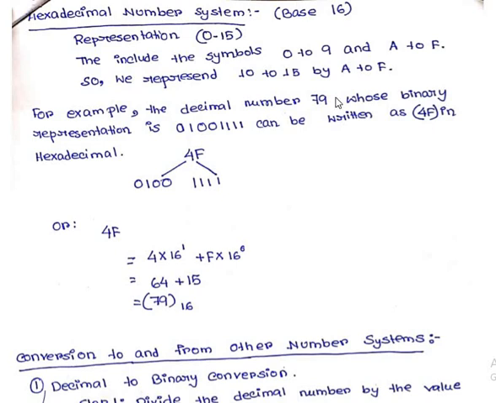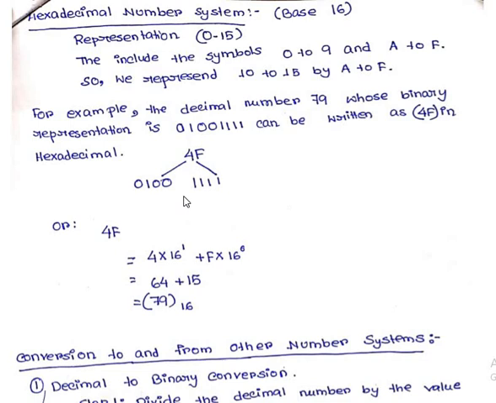Now here I have taken an example 4F. So what I have to do, I have to convert it to its equivalent decimal. So two ways are there. I can take each digit, that 4 and F separately, and I can represent each digit by a 4-digit binary number, by using that table what I have just discussed before in this video, just a little before.